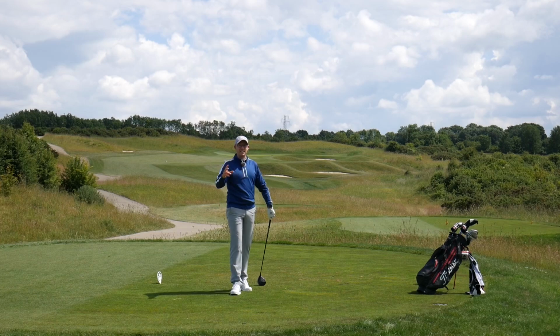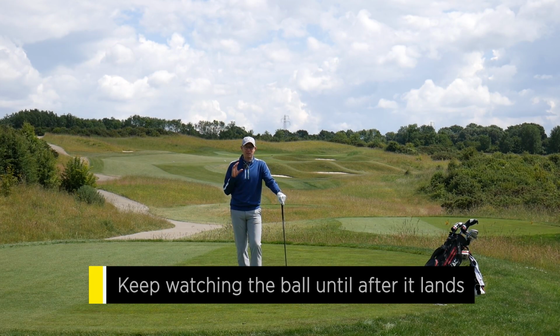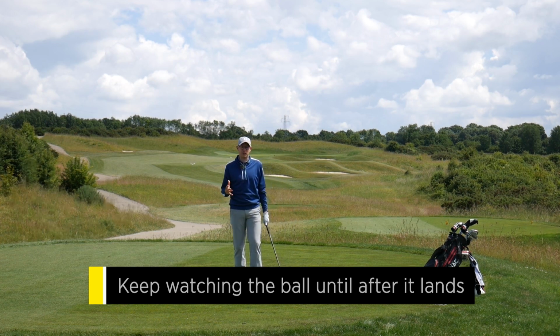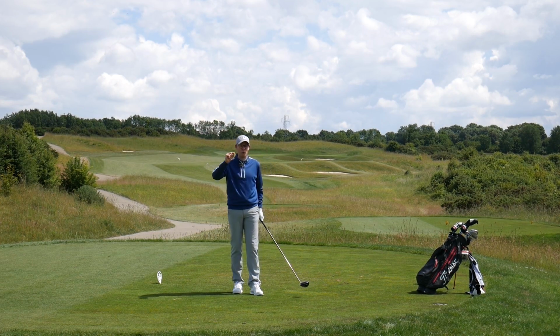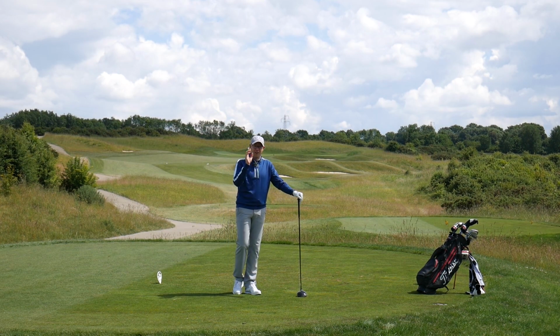Now this tip relates to keeping a very close eye on your ball whenever you hit it into trouble. Now it sounds incredibly obvious, doesn't it? But the truth is, whenever you hit a bad shot, the temptation is to look away in frustration or to think about what you've just done wrong in your swing that's caused you to hit such a bad shot. But that's not going to help you find the golf ball. The only way you're going to find your golf ball is to keep a very close eye on exactly where